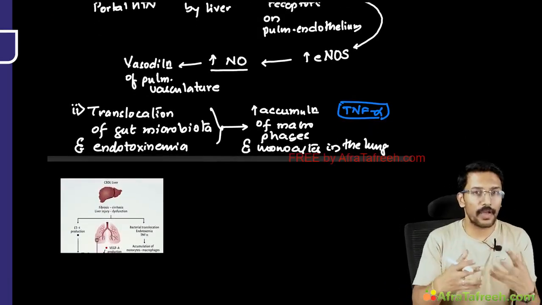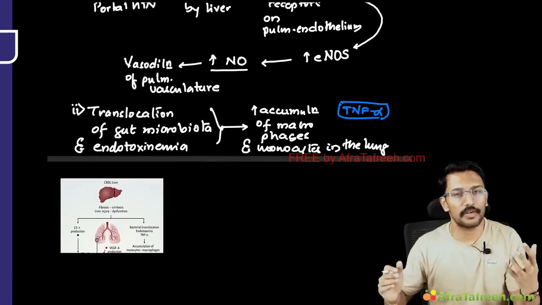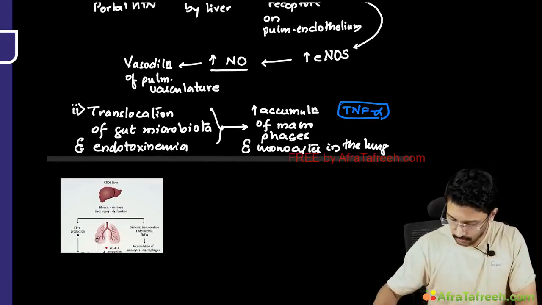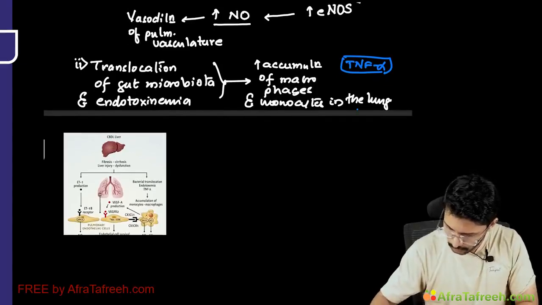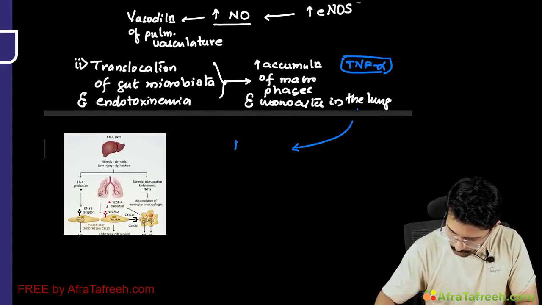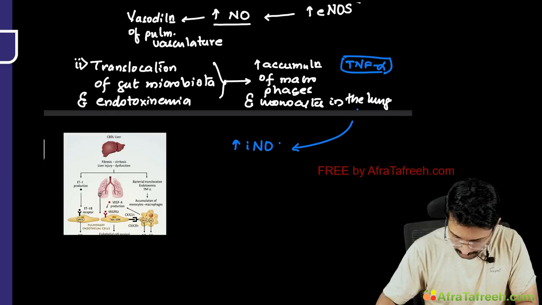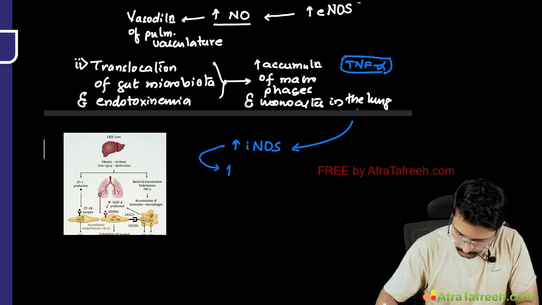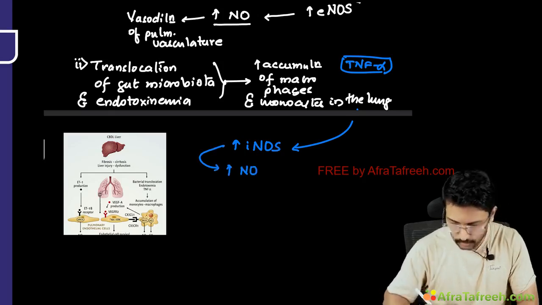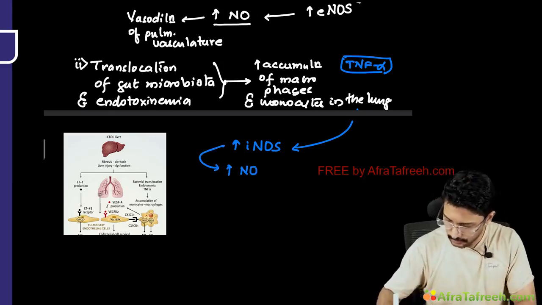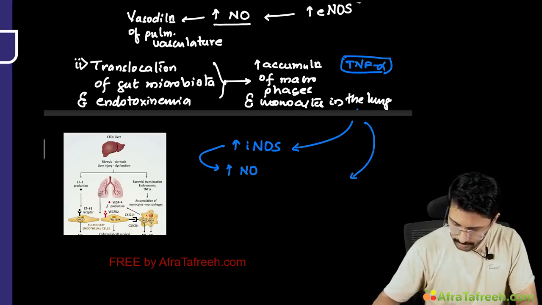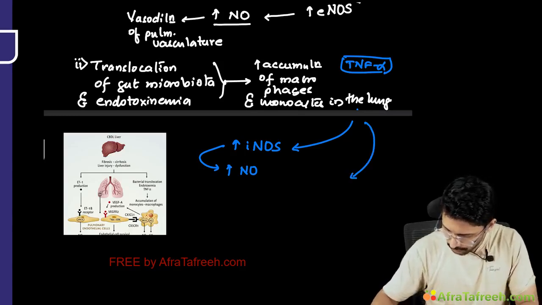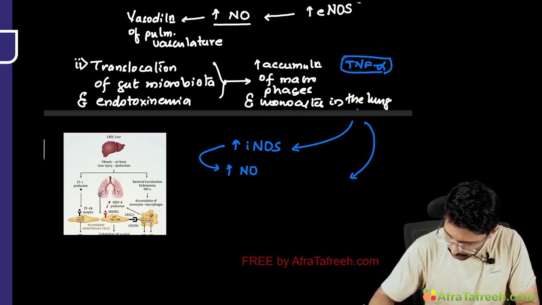And see, once these macrophages and monocytes are activated and flooding into the lungs, what will they cause? These will also induce production of... So what do I see? There will be increased expression of inducible nitric oxide synthase, and that leads to increased production of nitric oxide, right? Problem number 1. The second thing is that macrophage activation can also lead, mainly using the TNF alpha, to activation of